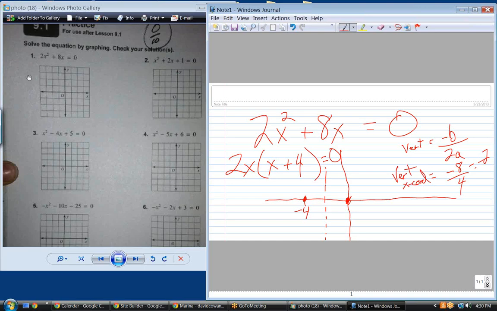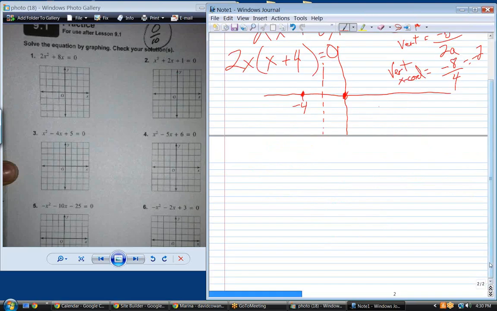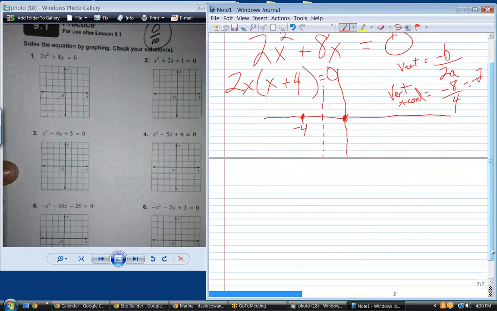We don't have a y in this equation, but if I plug in minus 2 for x, what do I get? I get 2 times 4 plus 8 times negative 2, and that is negative 8. So the y-coordinate of this parabola is at negative 8. In other words, if I draw the bottom side of it here, and I go down to minus 8,